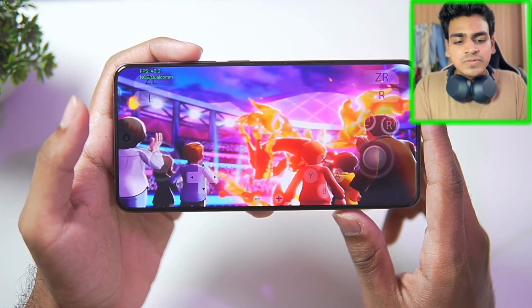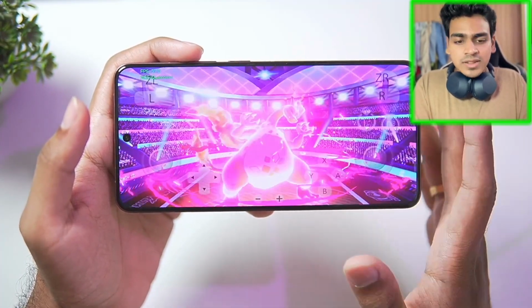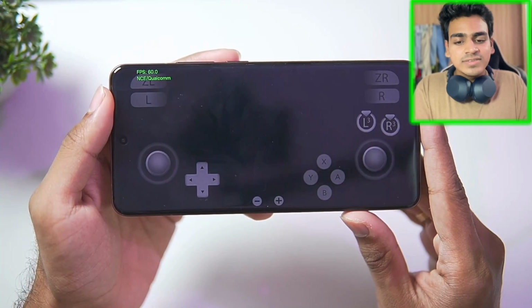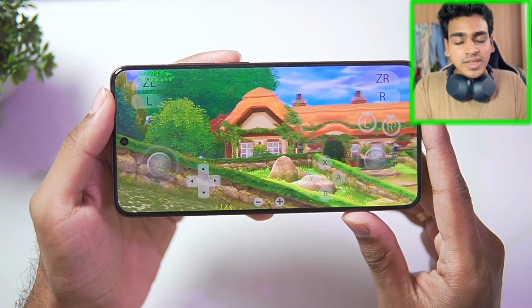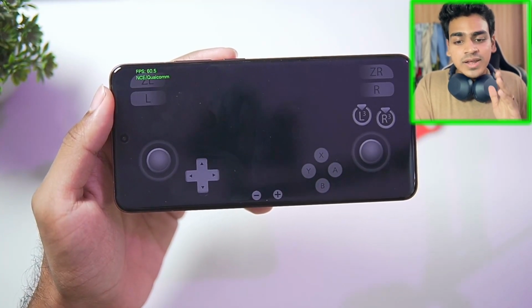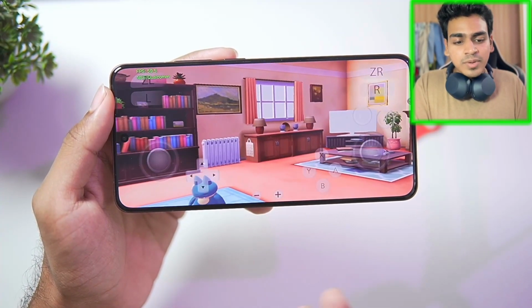Here's the moment of truth. Will the game work or will the game crash? Let's see. Snapdragon 8 Elite, please work, bro. I'm really interested to see how well it works. Well, here we go. The game has successfully booted. Once again, not expected. I did not expect Pokemon Sword to go in game, but as you will be able